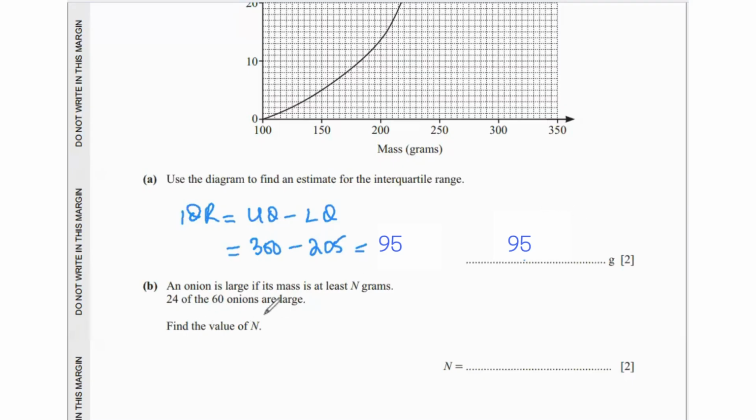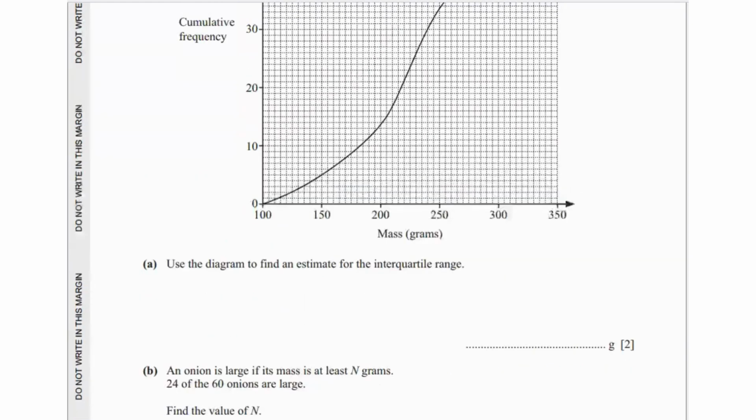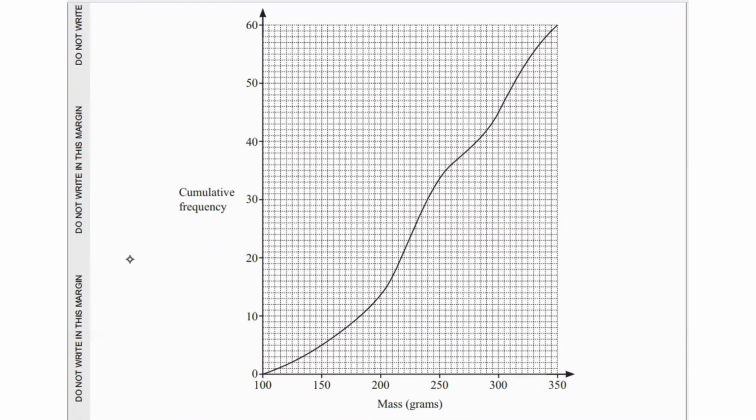Then it says an onion is large if its mass is at least n grams. 24 of the 60 onions are large. Find the value of n. First, we identify where 24 is going to be. First thing we need to understand, it says that 24 of the 60 onions are large. So that means the ones that are not large are going to be 60 minus 24, which gives us a value of